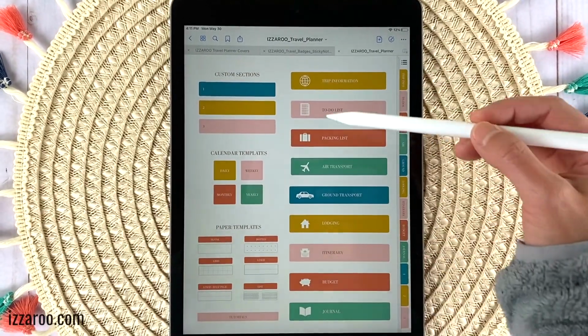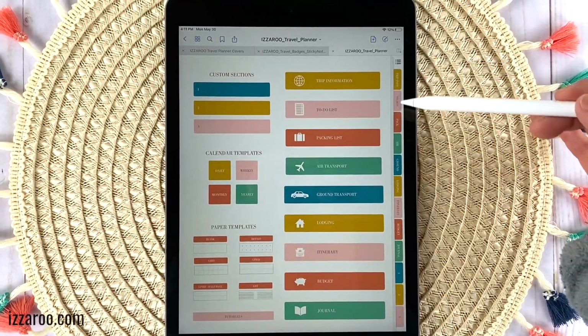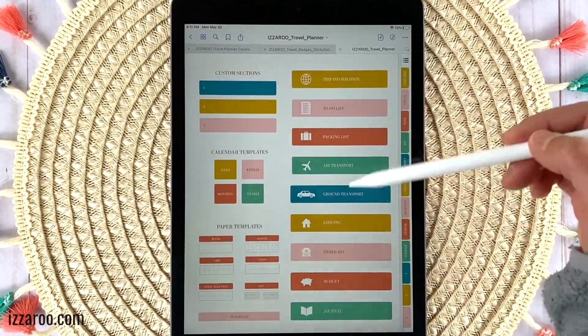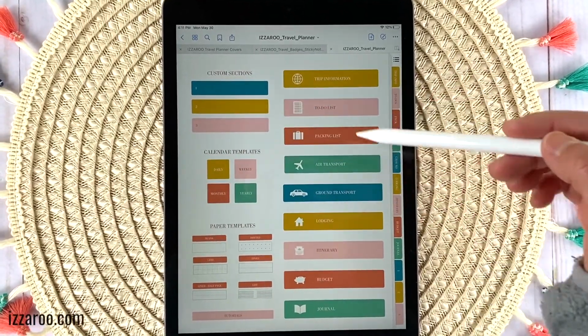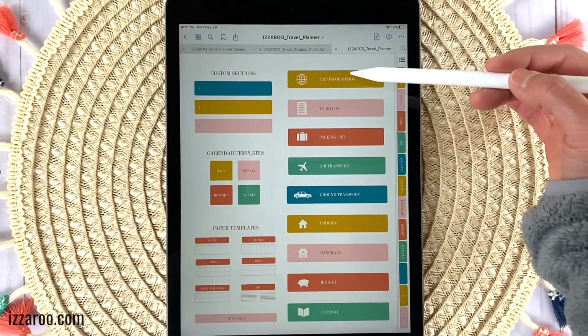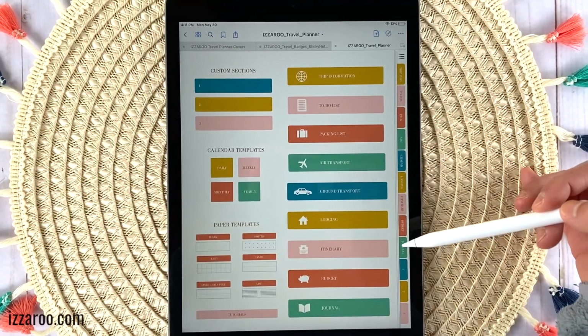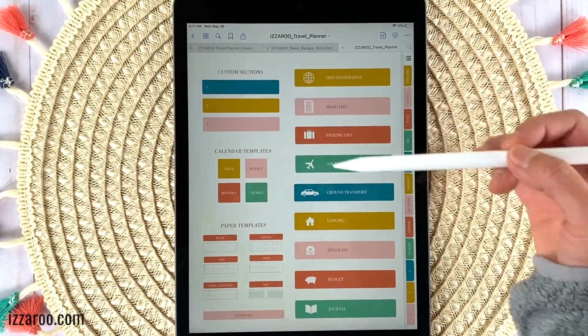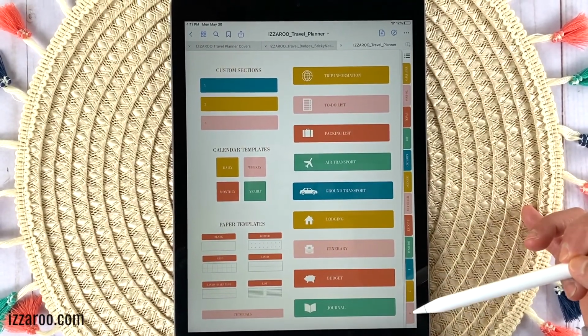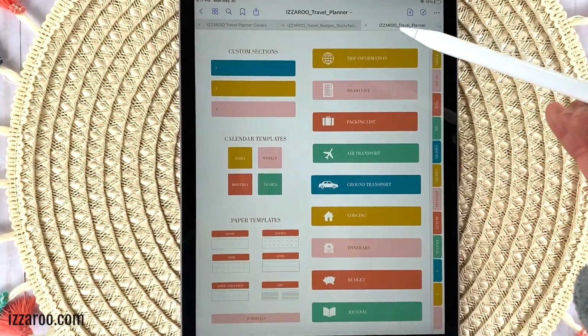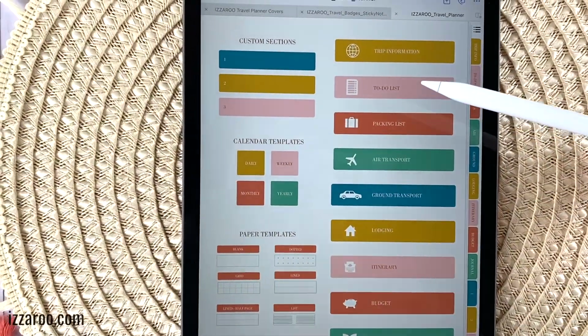This is the index page. All of these tabs here are linked to other pages within this planner. So these right here all link to these tabs, and these 3 custom sections link to these 3 tabs right here. And then I'm going to show you these pages in a minute, but before I get to that,